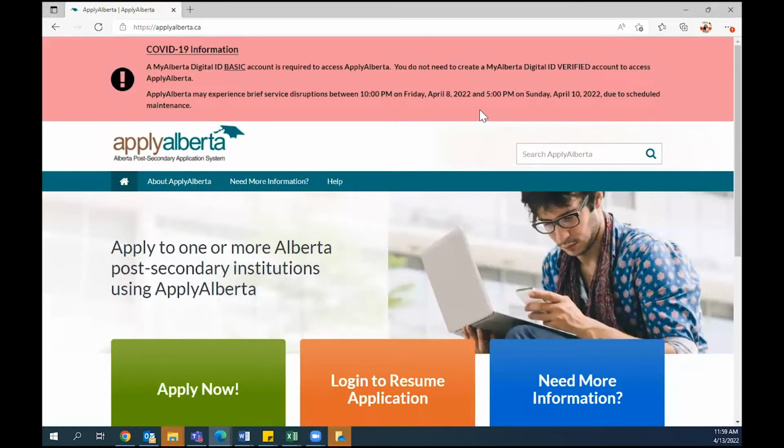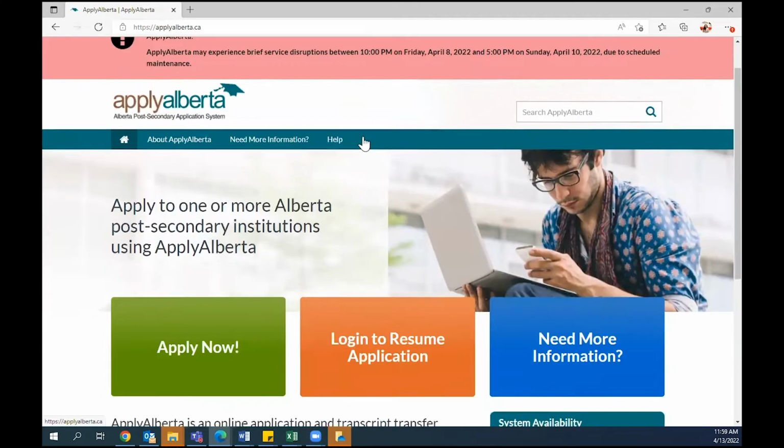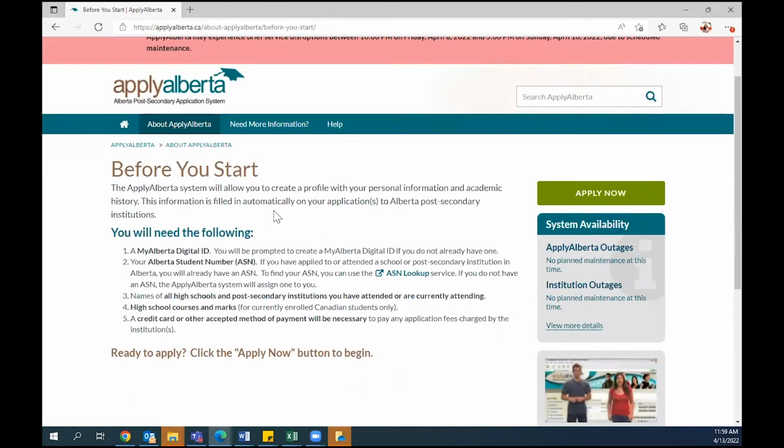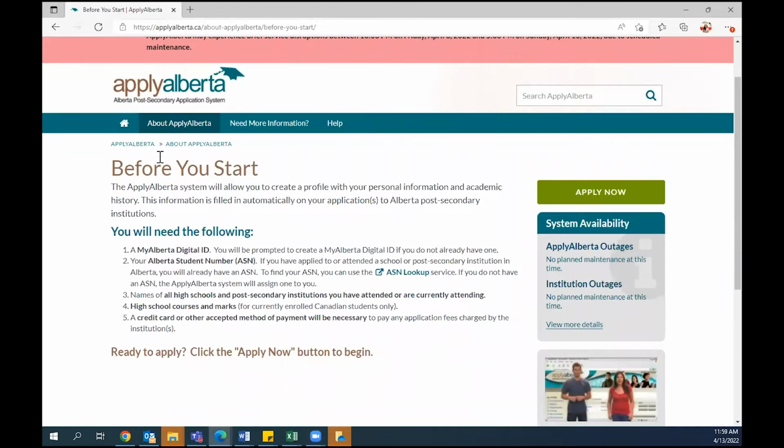By doing this, we're going to be redirected to the Apply Alberta website, where we're once again going to go over to apply now and select that option. It will take you to a page where you can read a little more about the process. Just a quick